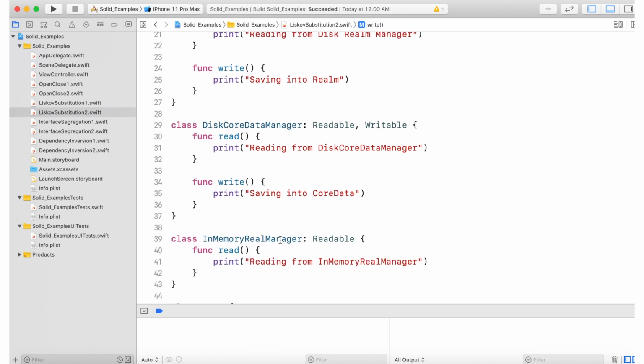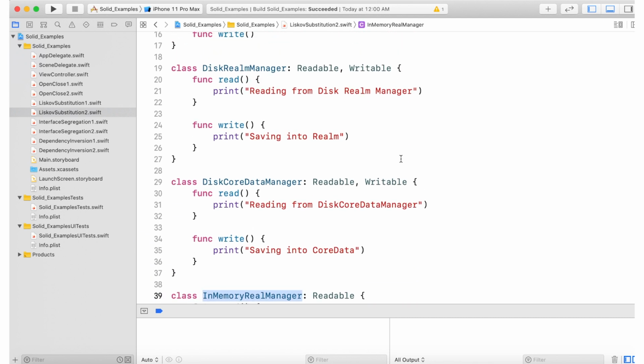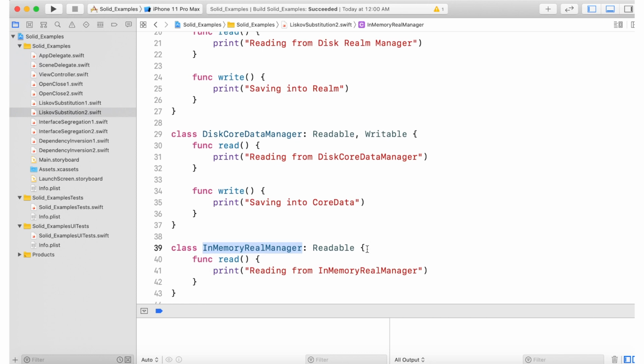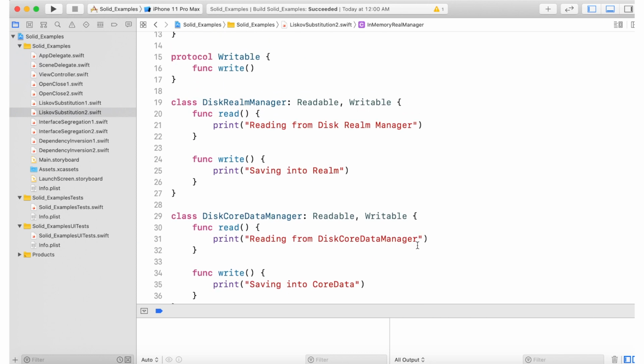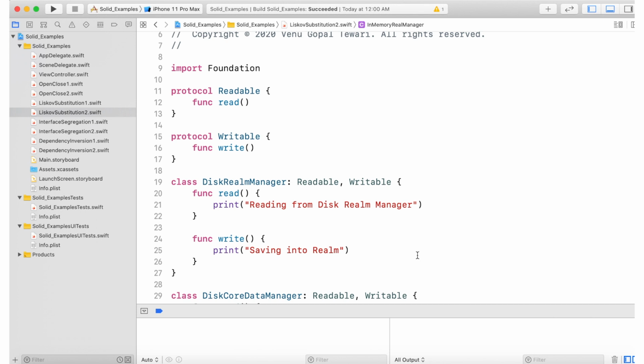And if InMemoryRelManager cannot use the write function, then it will conform only to the Readable protocol. In that way, nowhere are we breaking the functionality of our parent protocol. And the benefit of this methodology is that no functionality is accidentally exposed to the user or application that could accidentally break down.